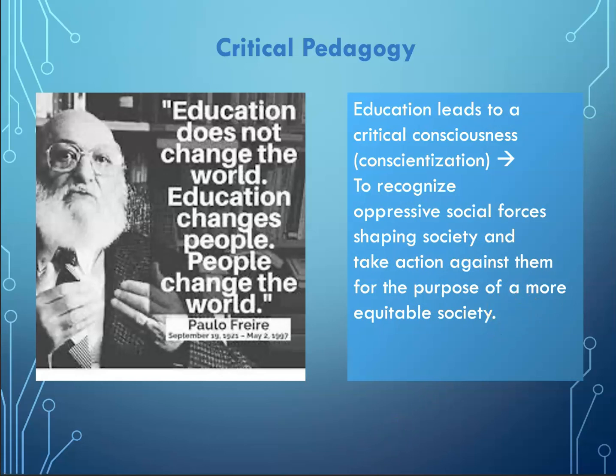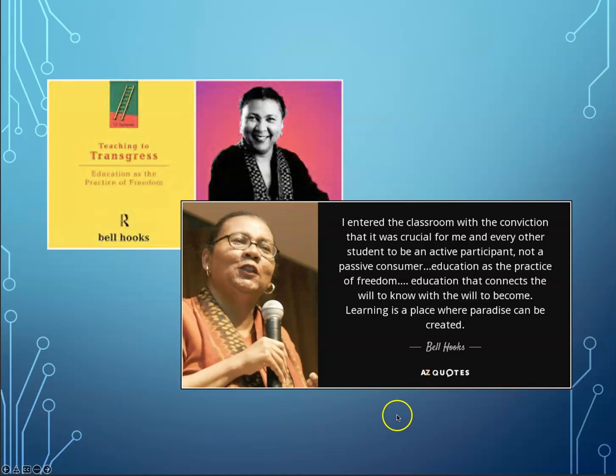So that provided a more hopeful result for education using a critical perspective. Another would be Bell Hooks, who recently died and left a wonderful legacy of very hopeful and very critical analysis of what goes on in schools. And I would recommend everybody read Teaching to Transgress. It's a wonderful book. If you haven't read it already, it's very accessible, very critical, and very hopeful.